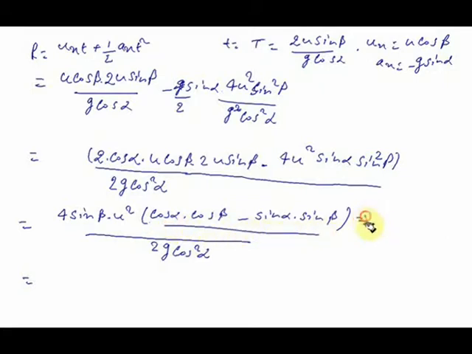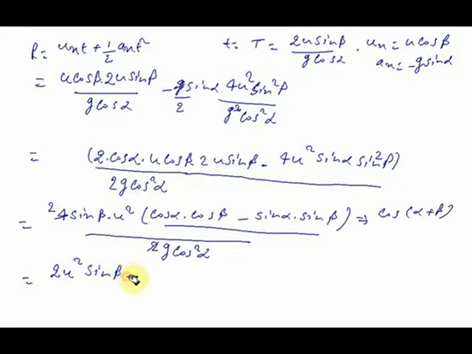So this is nothing but cos alpha plus beta, and we can make this cancellation. So finally we have the range of the projectile as